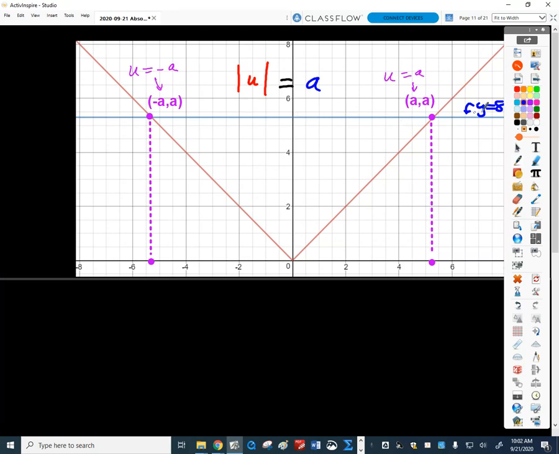If this is the line y equals a, and the absolute value function has a slope of 1 on the right side and negative 1 on the left leg, then would you guys agree that for the coordinates of the intersection, I'm going to have to go over as far as I go up, because this slope is 1? And so if the y value is a, right, then